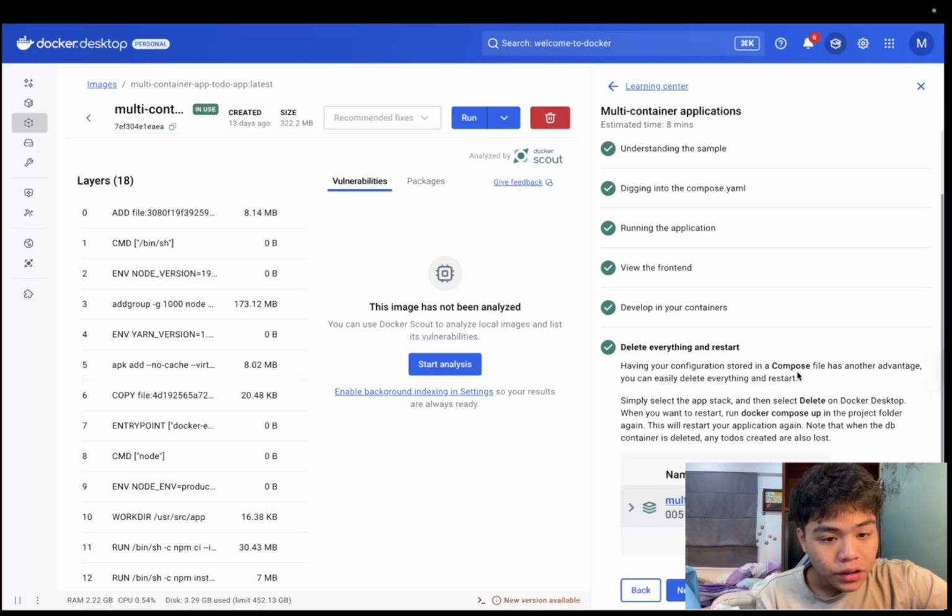Having your configuration stored in a compose file has another advantage. You can delete everything and restart. Simply select the apps